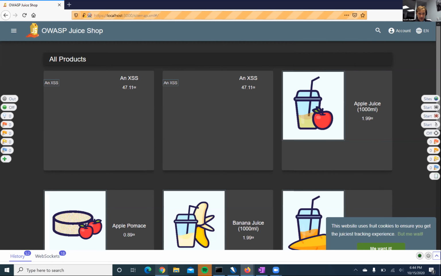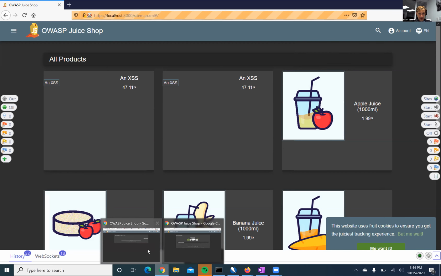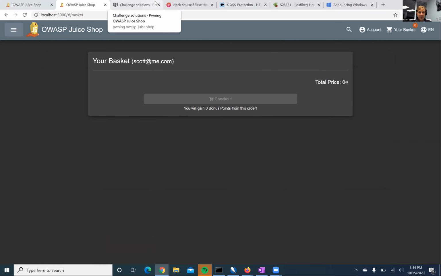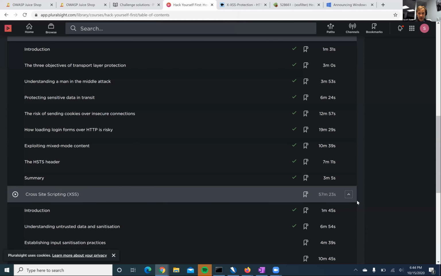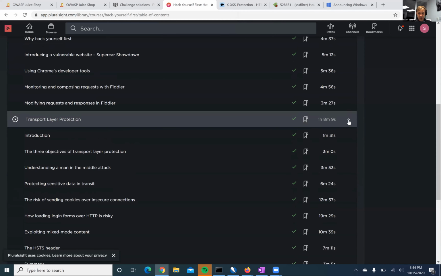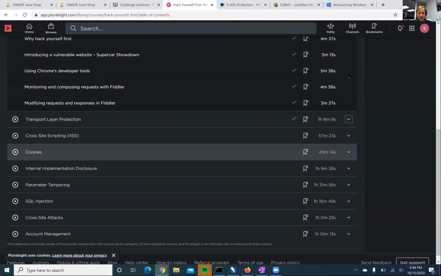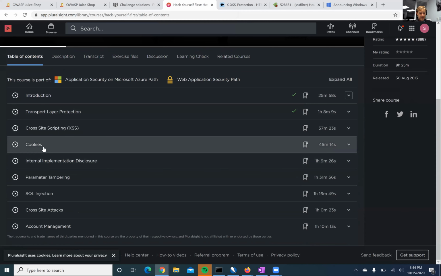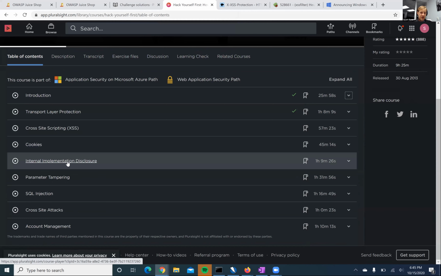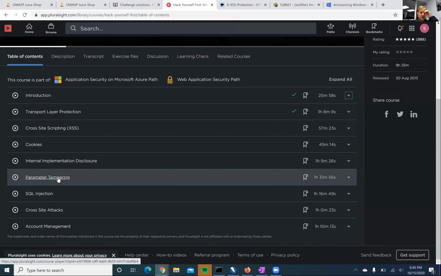Okay, let's talk about what we're going to do next time. Next time we're supposed to do cookies, internal implementation disclosure, and parameter tampering. There are some attacks in the site related to parameter tampering.